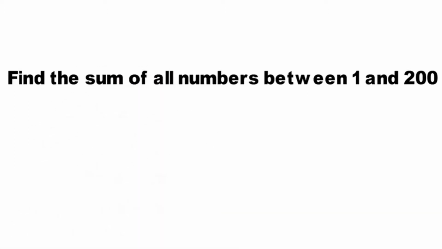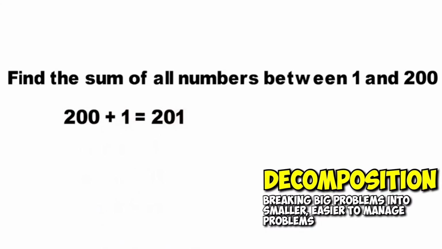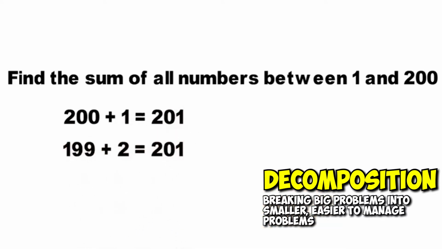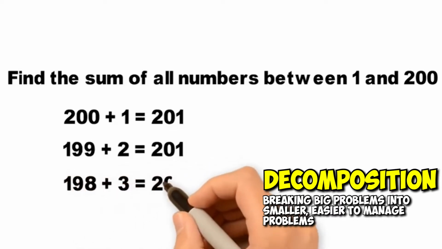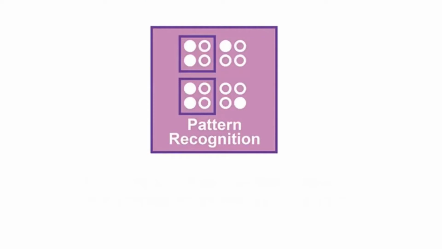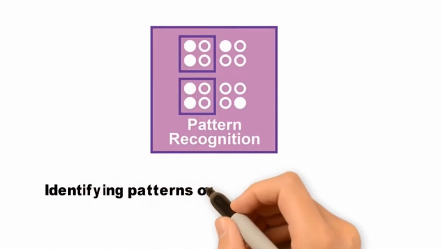We'll try something else. So let's try a different set of combinations. We have 200 plus 1 equals 201, 199 plus 2 equals 201, 198 plus 3 equals 201, and so on. We can kind of see that something's going on here. So step 2 of the computational thinking process is pattern recognition, the process of identifying patterns or trends within a